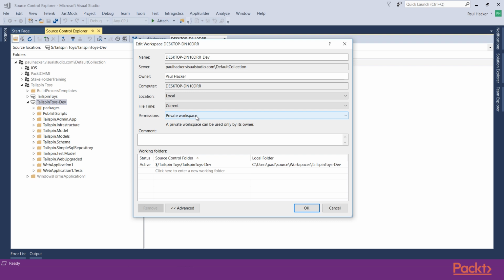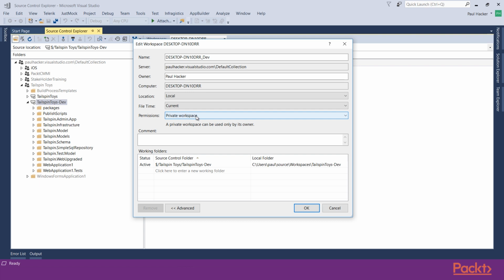The only issue with that is that if you have 3 or 4 people working out of the same workspace, and I mean the same workspace, not a copy of it, then you're going to have all kinds of conflicts arise. So I don't advise doing that, but there are reasons why you may want to. And again, setting a public workspace will allow everybody to have access to it. 9 times out of 10, you're just going to need a private workspace, and I'm going to go ahead and